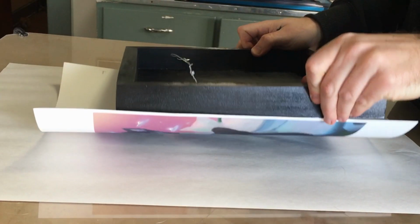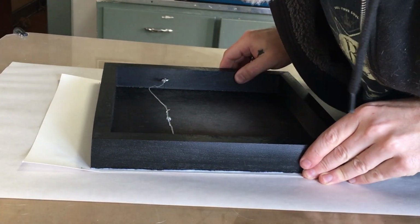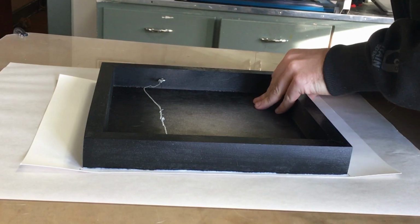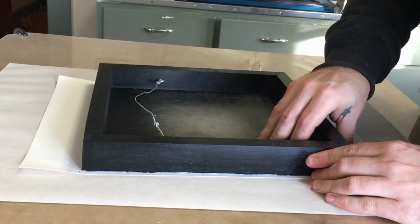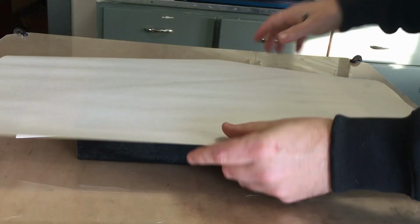So now as you can see, I mark the edges of where the printing stops on the paper. In the back, you see those corners there, and it comes out a little bit further than the wood. So if I line that up, I know that I've got print all the way to the edge. And now